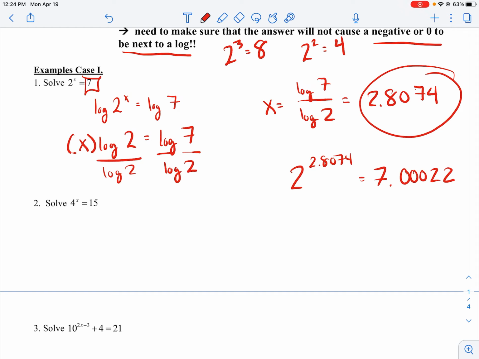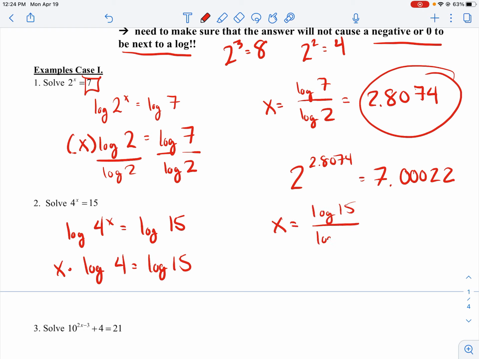Okay. Now, the next one, same thing. Take the log of both sides. Bring that x to the front using our power property. And then to get x by itself, I'm going to take the log of 15 divided by the log of 4. And the log of 15 divided by the log of 4 equals